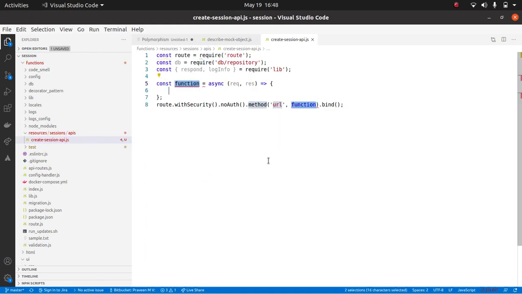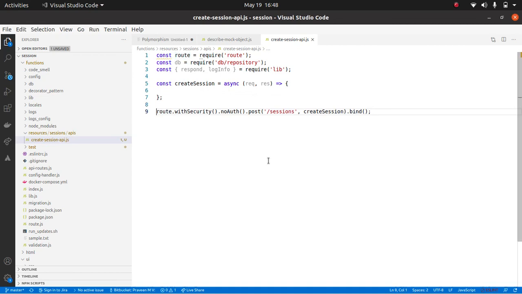So here I'll write, let's say, create session, and the method should be, what should the HTTP method be? Post, correct. And the URL will be sessions. Okay, create session. Cool. So till here, are we on the same page?